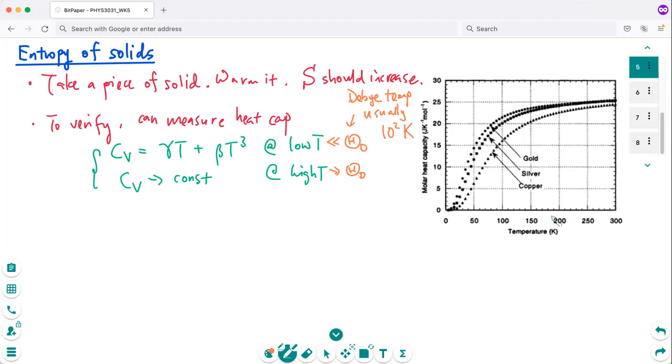So if you choose 150, a few hundred Kelvin, to see this behavior you have to go to very low temperature, and to see the saturation you have to go to high temperature. If you look at diamond, for example, diamond has a high Debye temperature, and you have to go to very high temperature to see the saturation. This is something Einstein discovered, actually, that diamond is a very unusual solid. This is solid state knowledge, and you are asked to show in the assignment that this implies